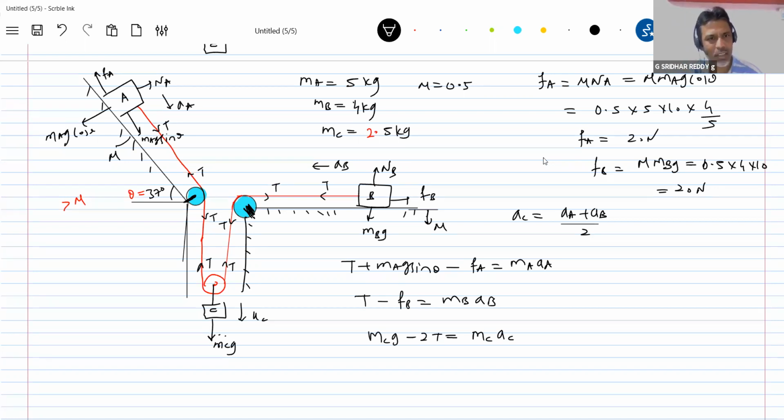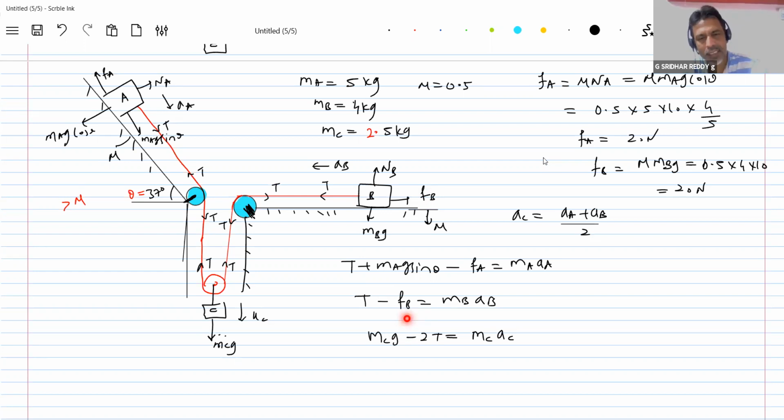Is what I did right or wrong? Okay, we have to solve it. There's no other way. We can't just leave the problem here. We have to come and check it. There's a possibility that here tension can be negative. No, tension must be positive. So here, any non-zero value of tension will be sufficient for block A to slide. Do I agree? What about block B? For block B to slide, what is the necessary condition? The tension must be greater than the limiting friction.